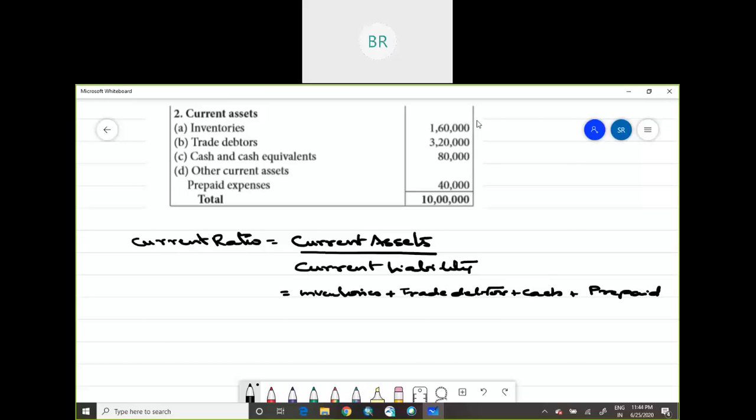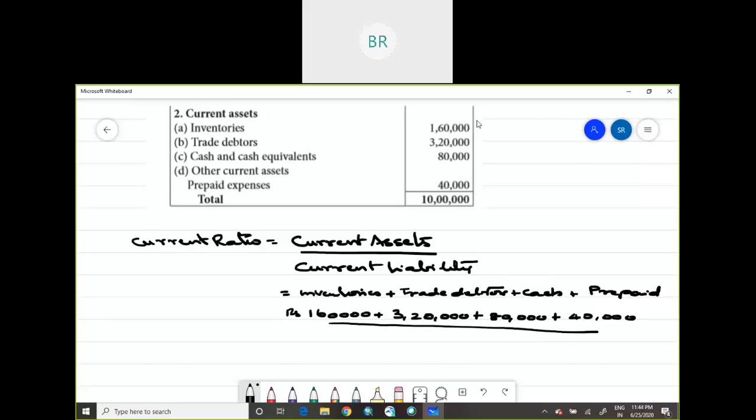Fine. Now what is there under inventories? You have rupees 1,60,000 under inventories. Debtors you have 3,20,000. Cash and cash equivalent you have 80,000. And under other current assets, prepaid, you have around 40,000. Right. Now let us see